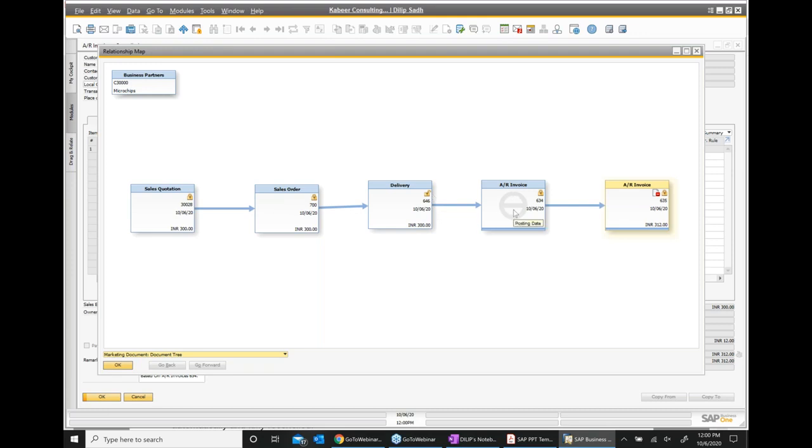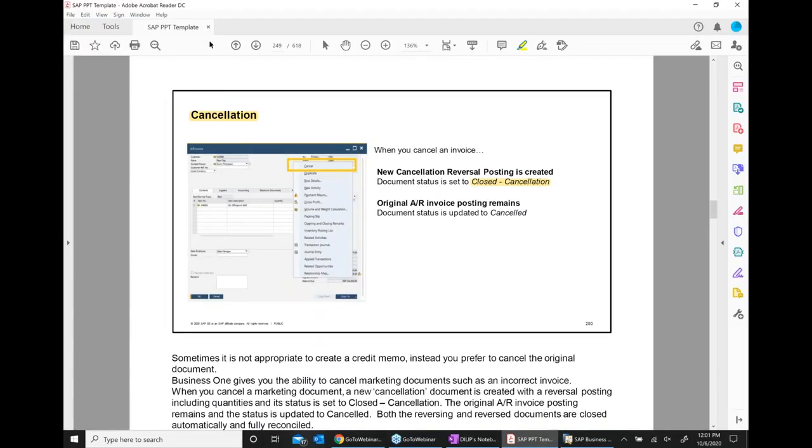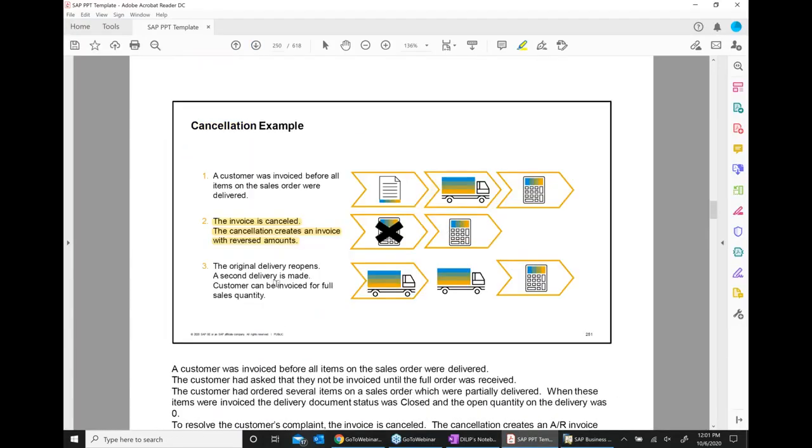This is the AR invoice, and because you cancel, it comes up with a special marker and it's closed. And here, this is another AR invoice, and this is basically a cancellation document. So this is the cancellation example which we did.